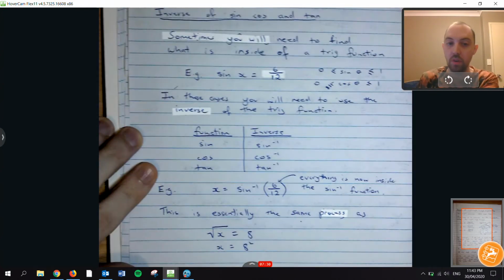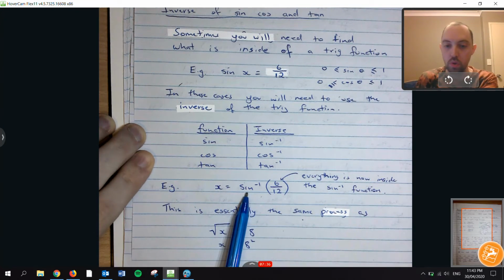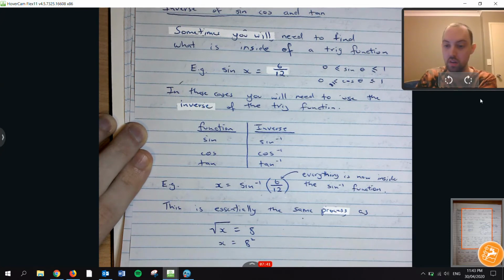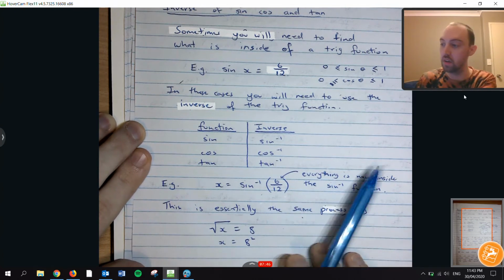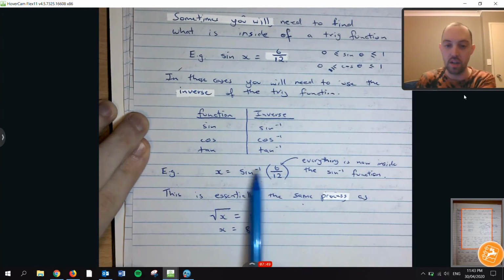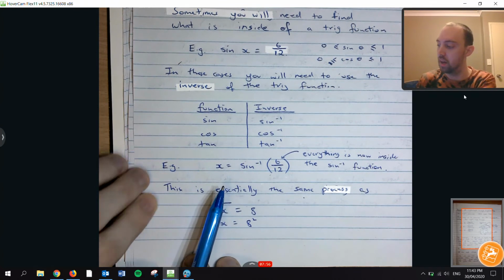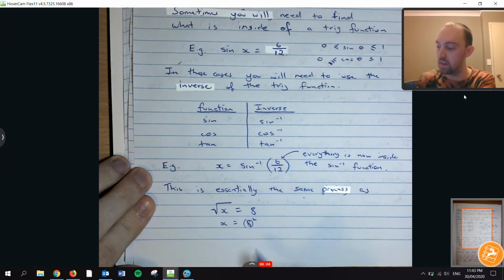Anyways, so we are looking at the inverses. You would use the inverse of the whole side. Everything on the opposite side of that sine function is now inside my inverse. You can think about this kind of like your square root or some other similar idea. You are doing the opposite of the square root for both sides, so everything that is on the other side is inside that bracket, making sure that